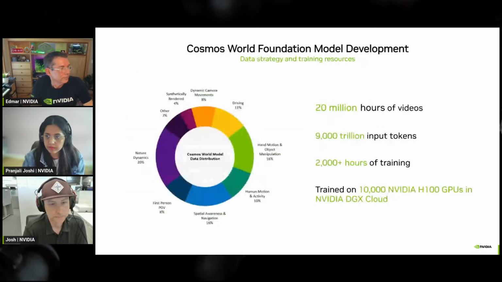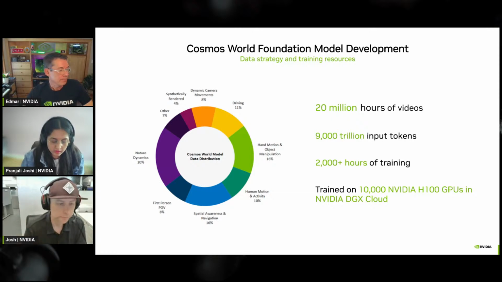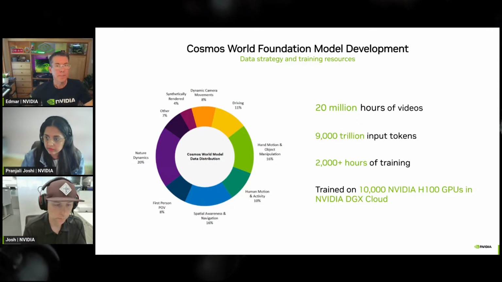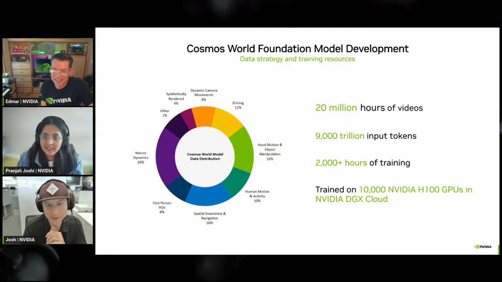Next slide. And so Cosmos is trained upon millions of hours of domain-specific video data. This includes autonomous vehicle traffic scenarios, humanoid robotic situations that they may encounter in the field on the edge. It's 20 million hours of videos. That equates to 9,000 trillion input tokens, which is just an absurdly huge amount of information, which resulted in over 2,000 hours of training, and all of this was done on 10,000 NVIDIA Hopper 100 GPUs in